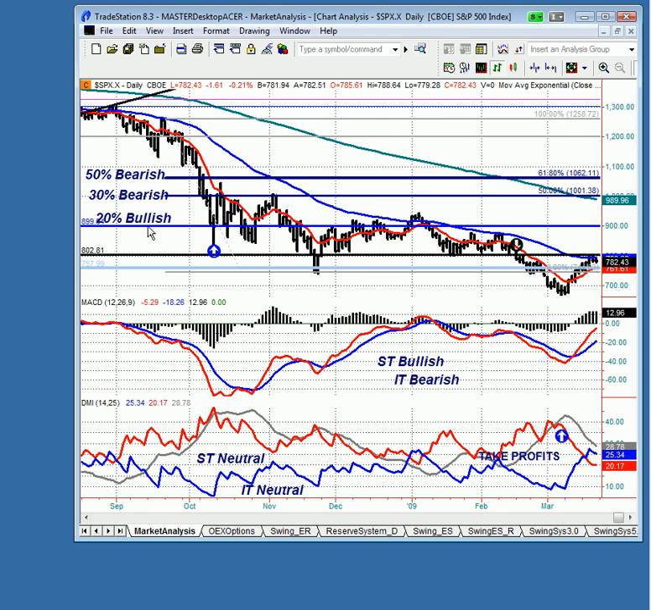Of course, we're still 20% bullish from a discretionary standpoint, from a trend following standpoint. However, we do remain 30 and 50% bearish overall. So generally a bearish bias we're looking at here, but most notably we're coming up against the very key